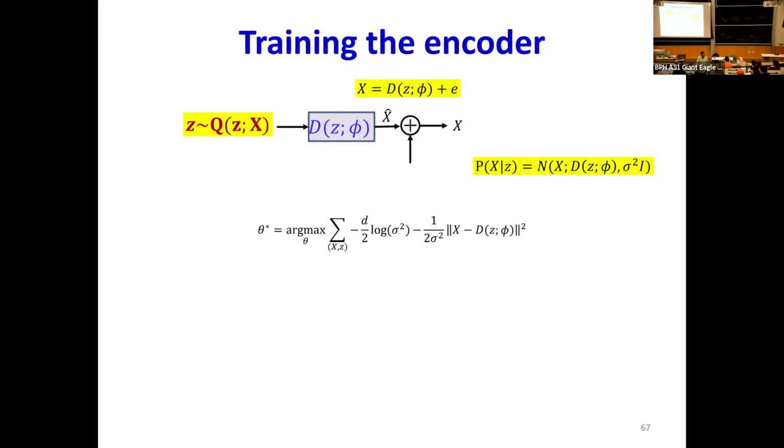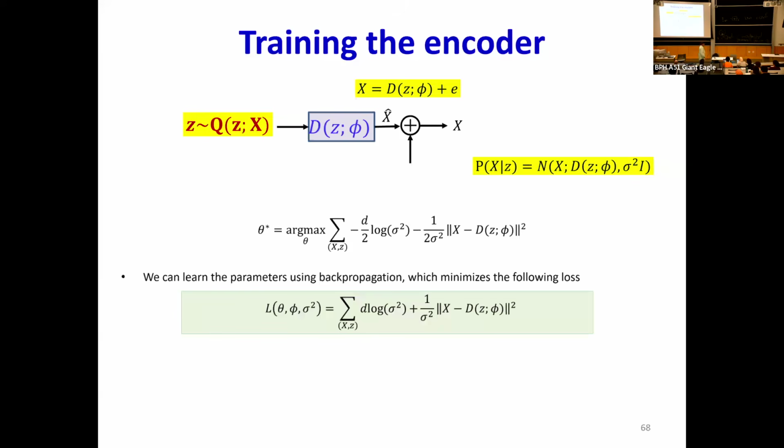I'm trying to find out how I optimize my encoder such that the approximation Q gives me samples that get transformed to my face, right? And so I'm going to be maximizing the log likelihood of my data given z's from this Q. And this I can do using backpropagation, right?